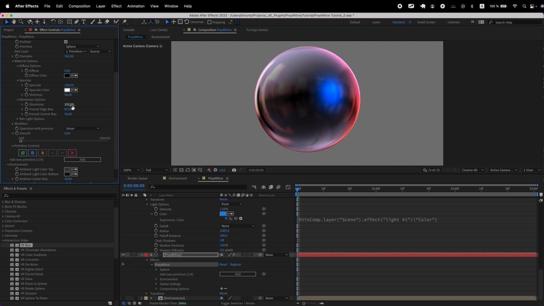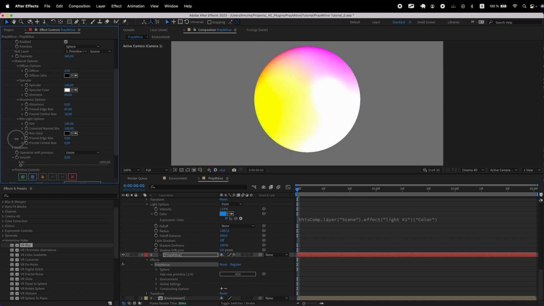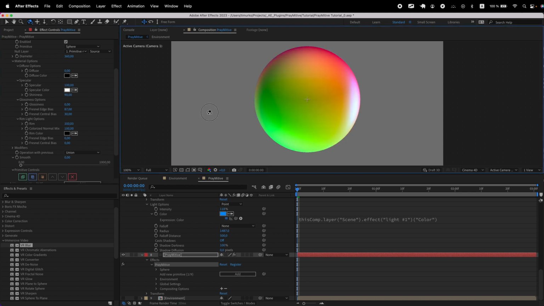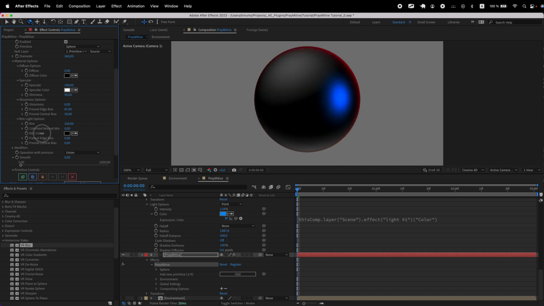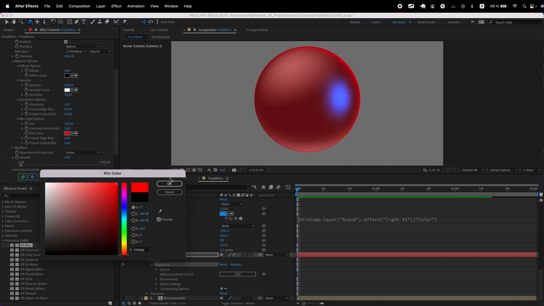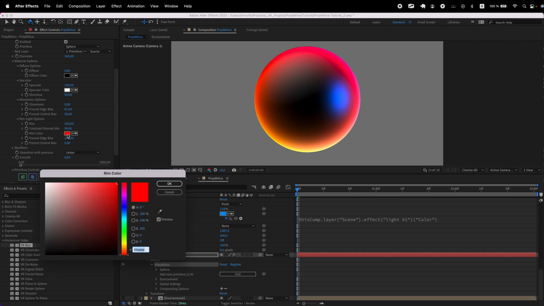There is also a fantastic rim parameter that adds a contour glow. It's multicolored now, thanks to the normal maps. Let's set the glossiness to 0 and adjust the Fresnel of rim light options, so that this color completely fills the primitive. Each color essentially indicates along which axis each pixel from this sphere is looking. This filling of normal with color can also be adjusted by the colorized normal mix parameter. And instead, for instance, set some other rim color. But in my opinion, using normals gives a more interesting picture. Also, you can mix the normals with the rim color, for example, making it a little bit slighter